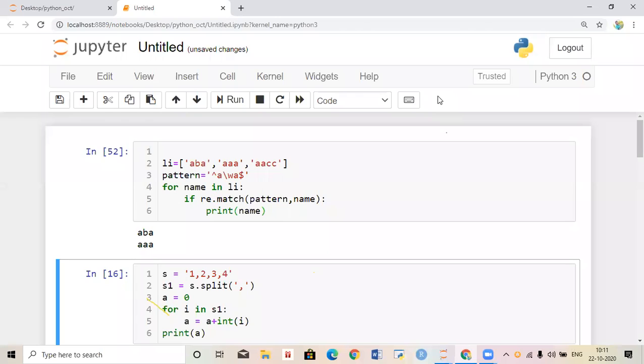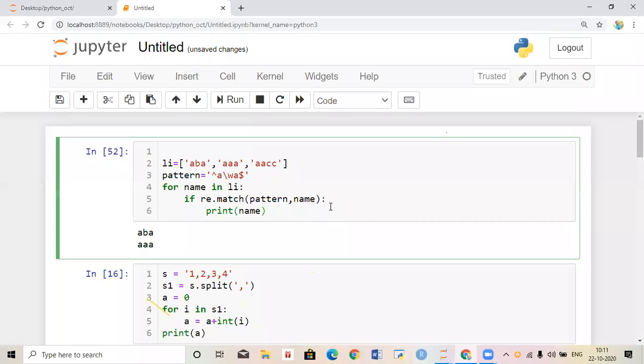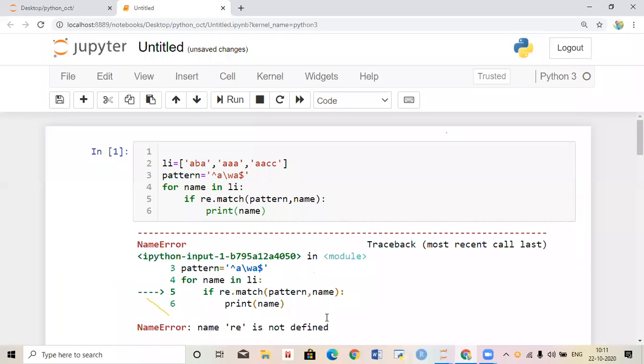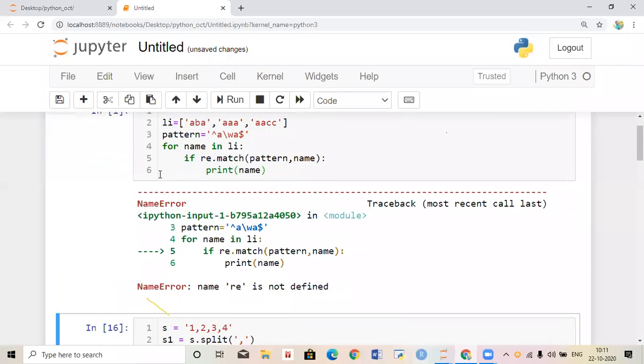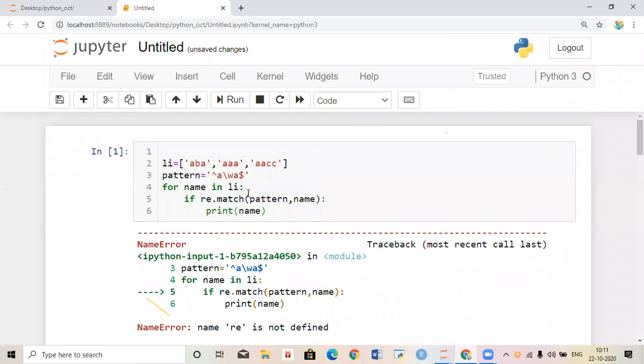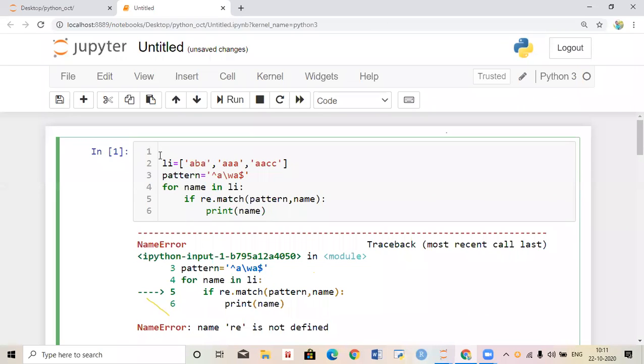Just run this one. It will not run fine. Why? Because re is not defined. Because re is not there in our program. If you want to use regular expressions in our program, we must import.